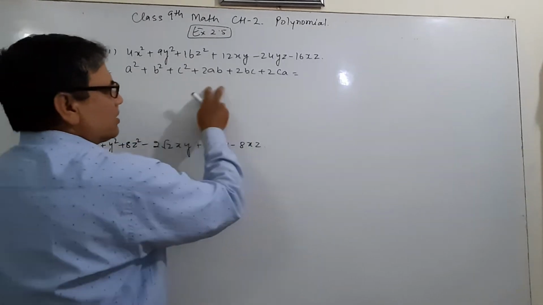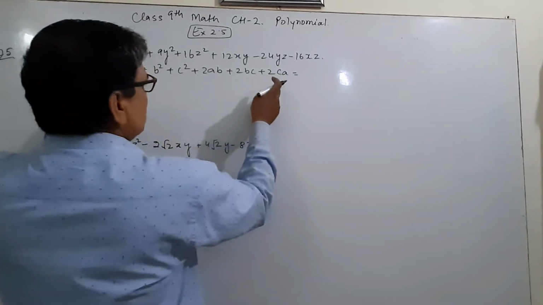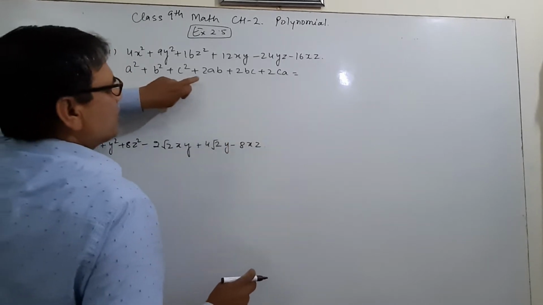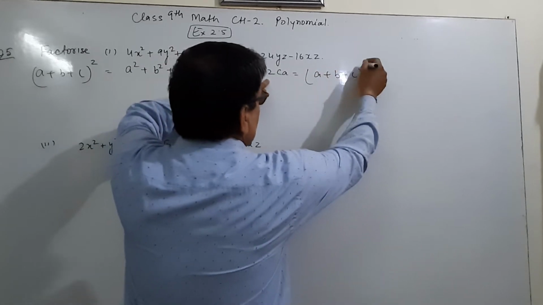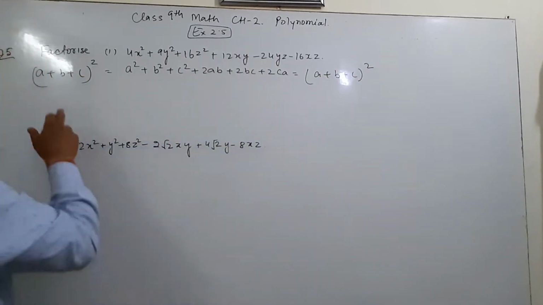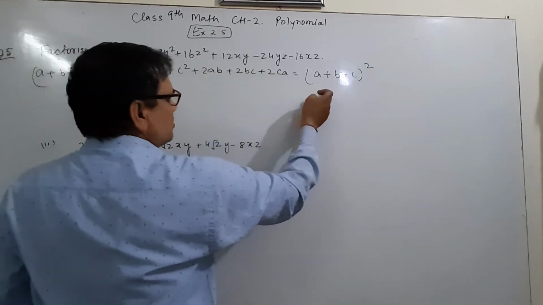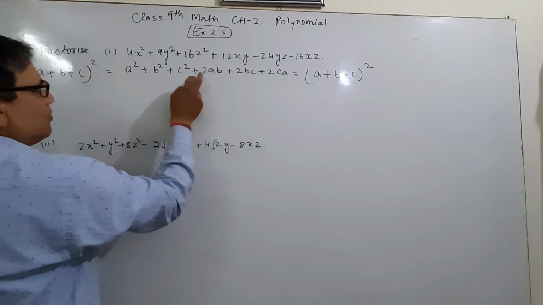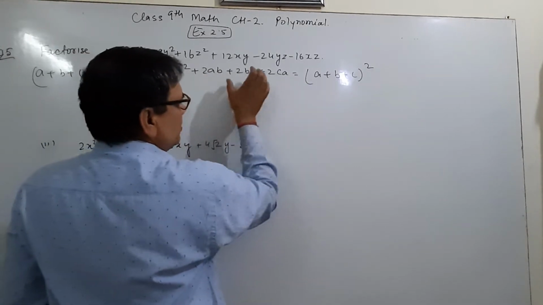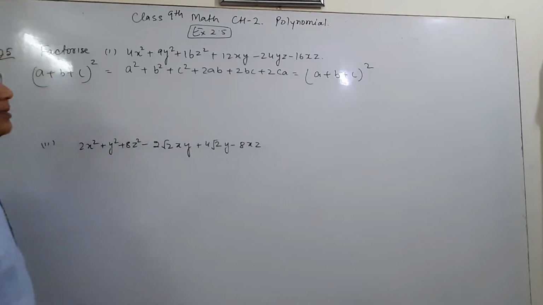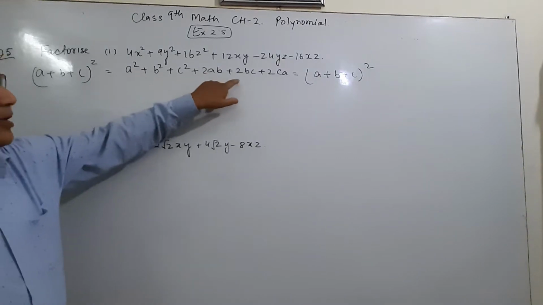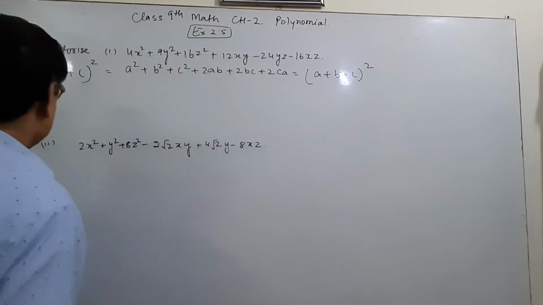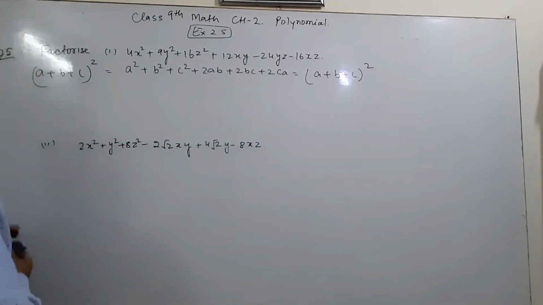This will be LHS. And if I want to ask, can I write a square plus b square plus c square plus 2ab plus 2bc plus 2ca on the right hand side? Yes. It means either this equals this or this equals this. These 6 terms, when we change them into a whole square like this, this is the identity. We can write a square plus b square plus c square plus 2ab plus 2bc plus 2ca as (a plus b plus c) whole square. It means we need not write this.